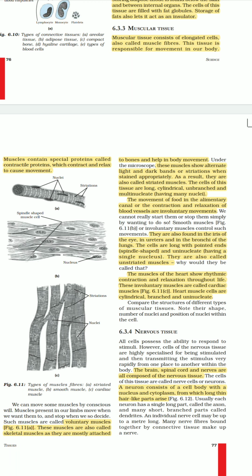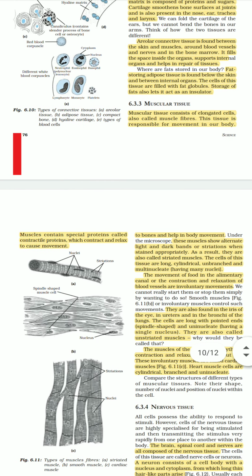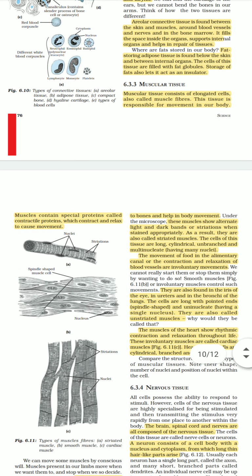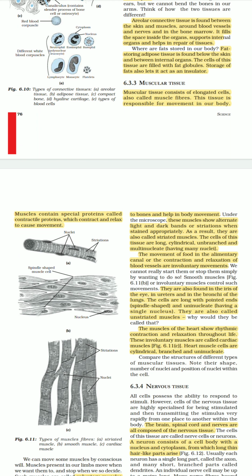and they are specialized for the movement and locomotion of a human body, right? And these muscular tissues are made up of muscle cells. Muscle cells are long elongated cells which are also called muscle fibers. And these muscle cells generally occur in bundles. If you see a collective structure of muscle cells or muscular tissues, you must have observed that these muscle cells are present in bundles. And these muscle cells have a cell membrane which is called sarcolemma, and the cytoplasm which